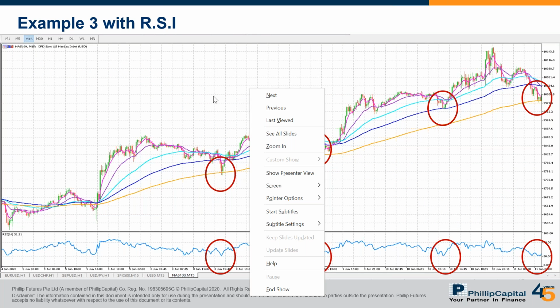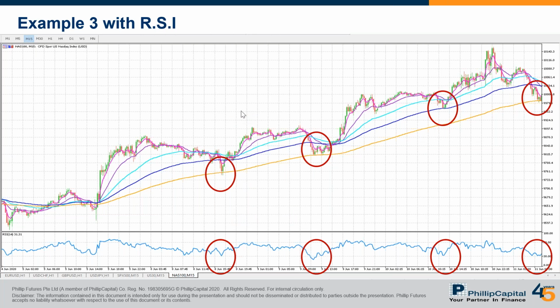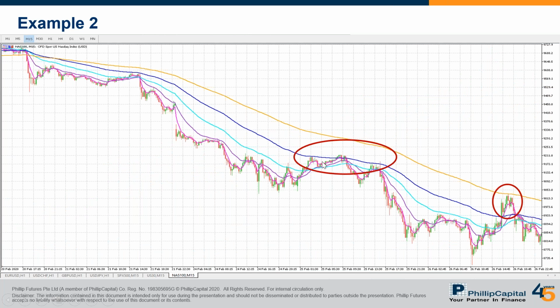Based on the previous two examples, sometimes the retracement can be at the blue line, sometimes on the orange line. So the next question is, where do I enter? Is it the orange or the blue line? Between the orange and the blue line there can be quite a lot of difference. For example, in the Nasdaq, it can be over 100 points, which is quite a lot. So how do I determine where to enter? Is it anytime it hits the 100 line that I should try, or do I wait until the 200 line